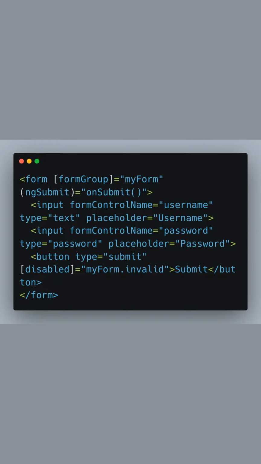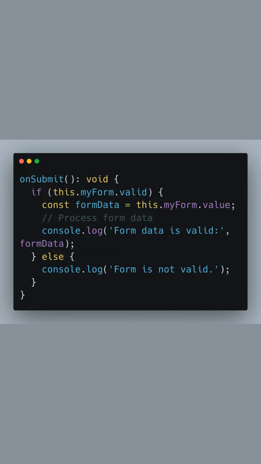Finally, we have the onSubmit method which will be triggered when the form is submitted. This method checks if myForm is valid. If it is, we log the form data to the console, indicating that it's valid and ready for processing. If the form isn't valid, we log a different message. It's important to note that in a real-world scenario, you would replace the console log statements with actual data handling logic, such as sending the data to a server,